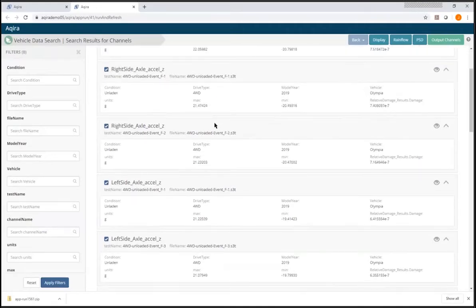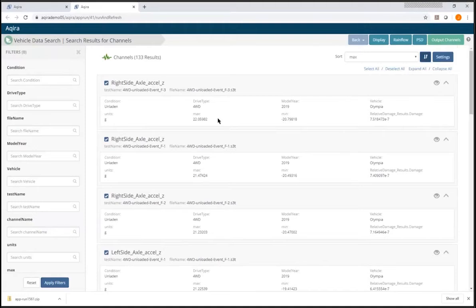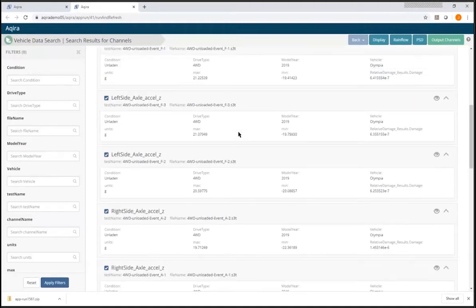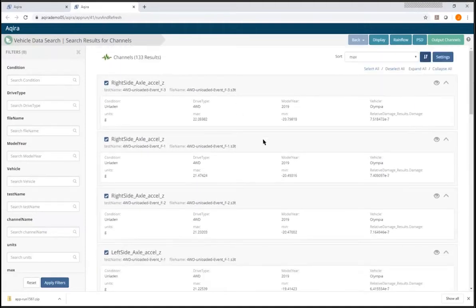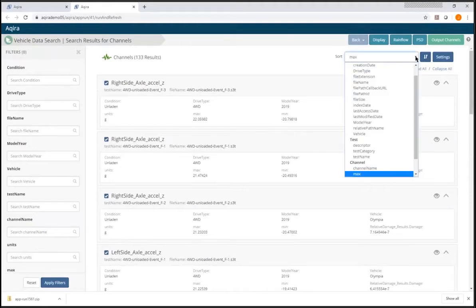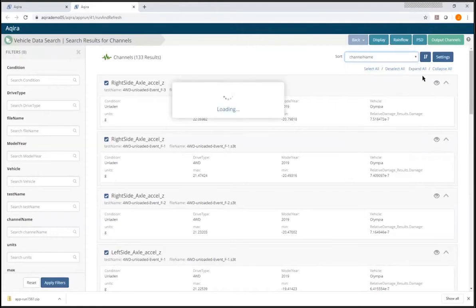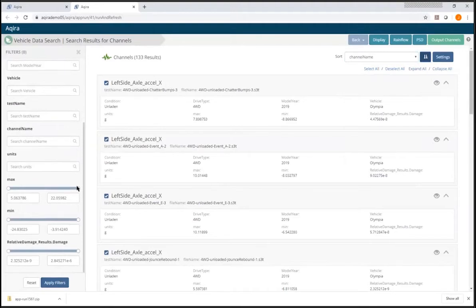And so this is the max value that was out of all those 133 results. I've now got those sorted across all tests or channels that matched that criteria. If I didn't want to do that, I just put that back. What might also be useful in this case, because I've got that numeric capability, is I've also got these sliders